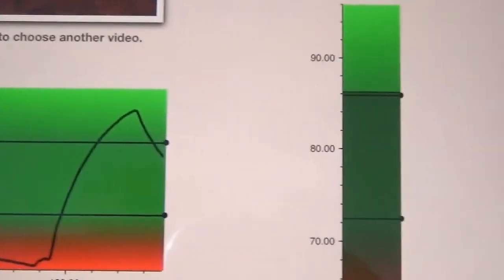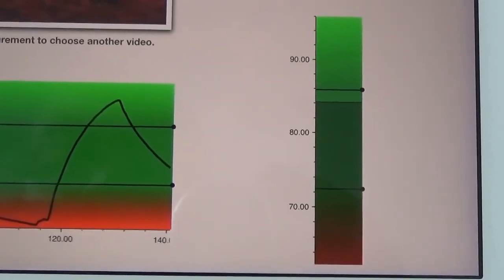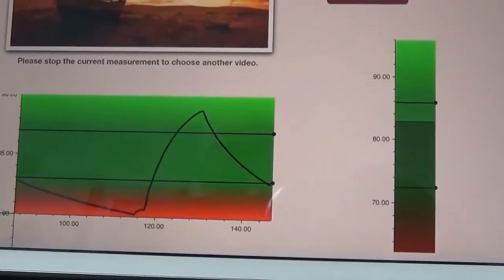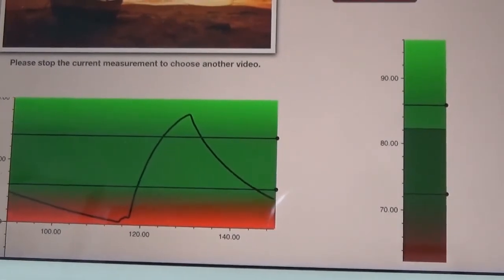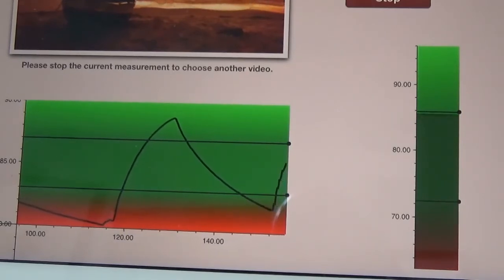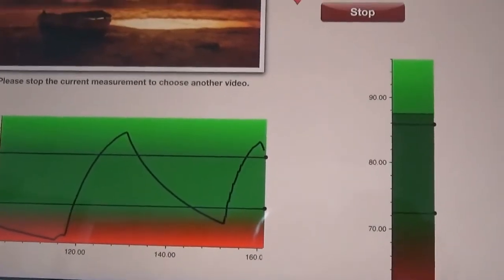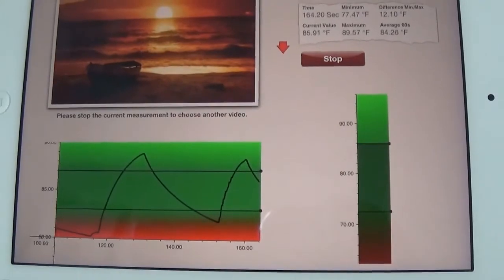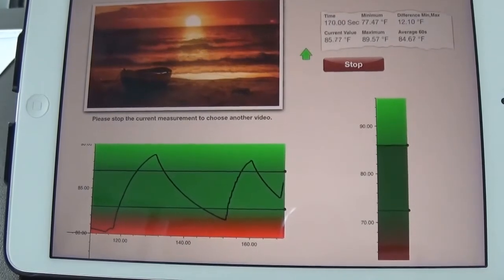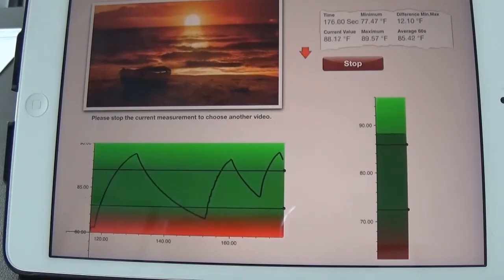Now I'm going to go to the other side of this, and you see you also have a bar graph there. You can use the bar graph or the line graph, or both, of course. So you can see the changes either on the bar graph or on the line graph. Now I'll just zoom out a little bit so you can see everything at the same time. And you can see the changes as they're happening. You got your statistics. Now I'm going to click on the stop button,